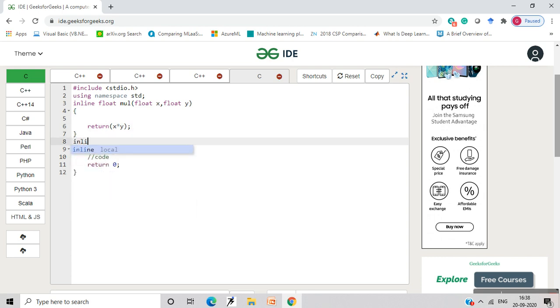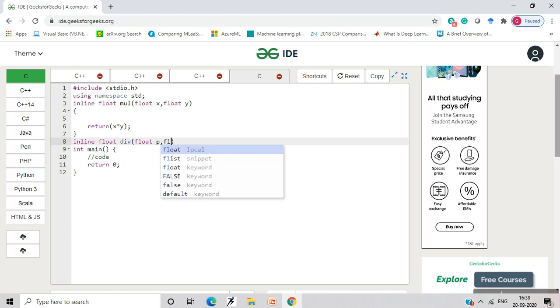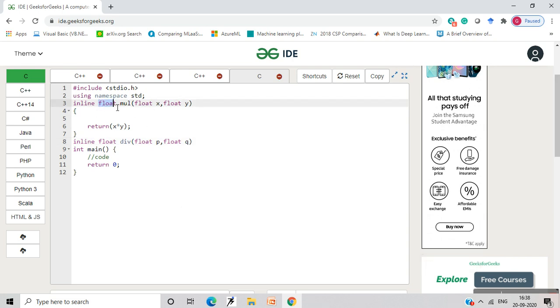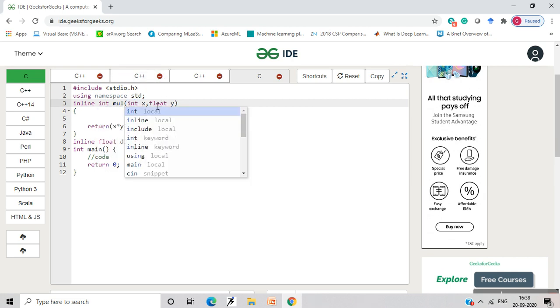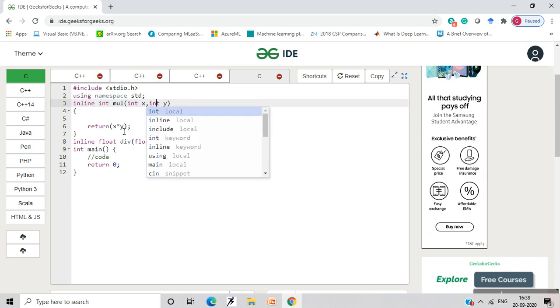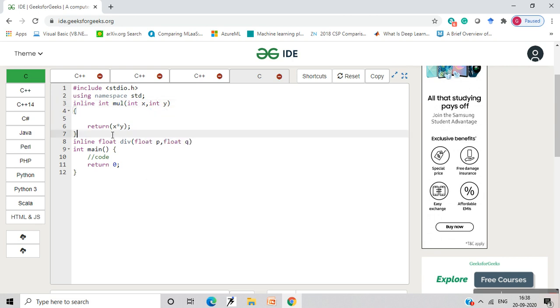Similarly, if you want to understand it better, let us write one more function which is going to divide two numbers supplied to it. Say p and q. So these are the functions p and q. It need not actually be a floating point number, it could be an integer also. Because I have taken one as a float, I'll make this an integer. So what is happening over here is I'm taking two integer numbers and supplying them as arguments, and I'm going to multiply and return the value wherever this mul function will be called.